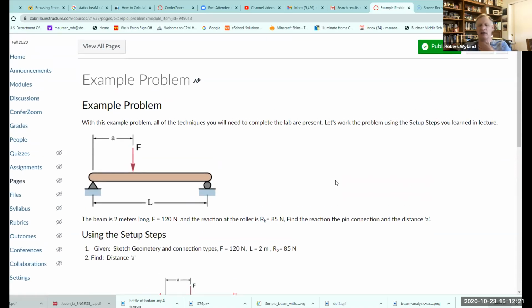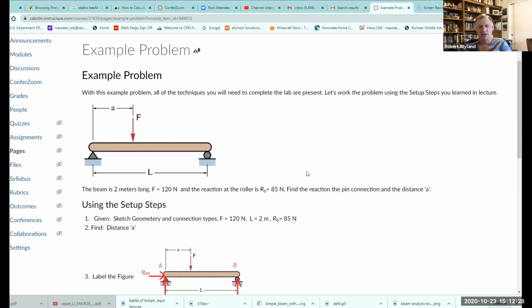this is the simple problem that I've got drawn up on the board. Let me go to that real quick. Actually, we'll just use this. So this is a pretty simple problem. Like I said, this is the kind of problem you should be able to do in your sleep pretty soon, and hopefully by the end of this lab you'll be able to do this. As I said, we have 3 basic tools at our disposal: our knowledge of connections, our knowledge of free body diagrams, and our knowledge of the equilibrium equations. By using all 3 of those things through these steps,